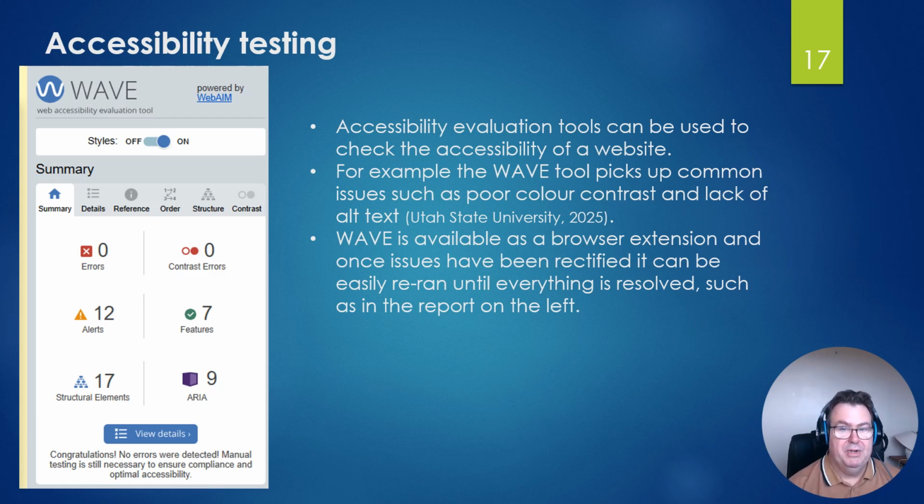But the Wave tool picks up a range of common issues like lack of alt text, as well as poor color contrast. It's a browser extension, so you can bolt it onto Chrome, and then all you need to do when you're on a page is right-click and go Wave this page, and up pops this box. Hopefully, like this one on the left, it says there's no errors, but if there are errors and you press the View Details button, it'll tell you what the errors are, and it'll show you on the page where the